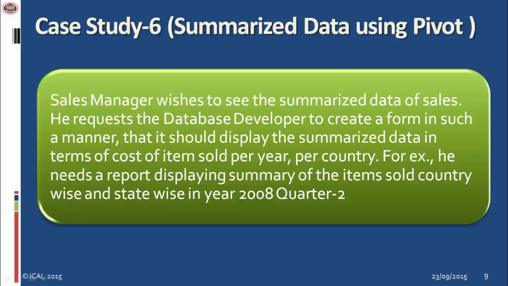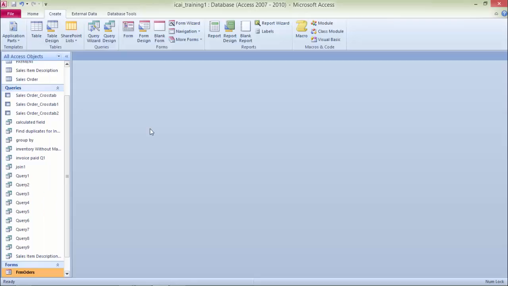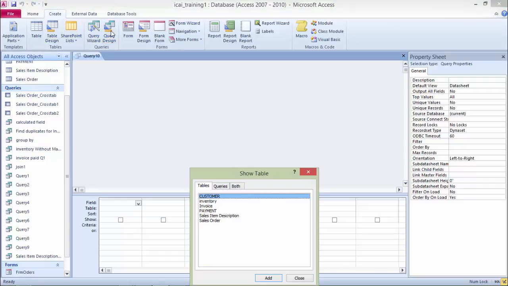The sales manager wishes to see the summarized data of sales. He requires the database developer to create a form in such a manner that it displays the summarized data in terms of the cost of items sold per year, per country. For example, he needs a report displaying a summary of items sold country wise and state wise in year 2008 quarter 2. For this, first come to the create tab, click on the query design option, select the tables customer, sales order,